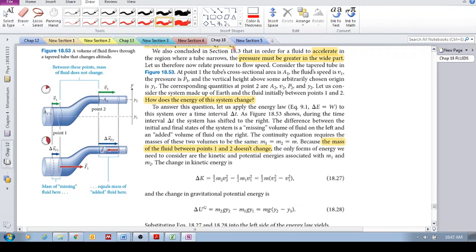Okay, so in 18.3, if you go back and check that out, we saw that if a fluid accelerates, if you remember, there was this tapering, and the fluid going in like that. If it was accelerating, meaning the velocity over here, say v2, was higher than v1, then it was accelerating, and if it's accelerating, then there has to be a force applying, a force